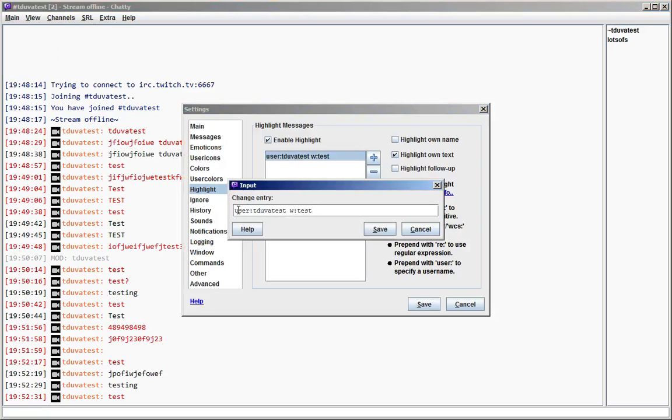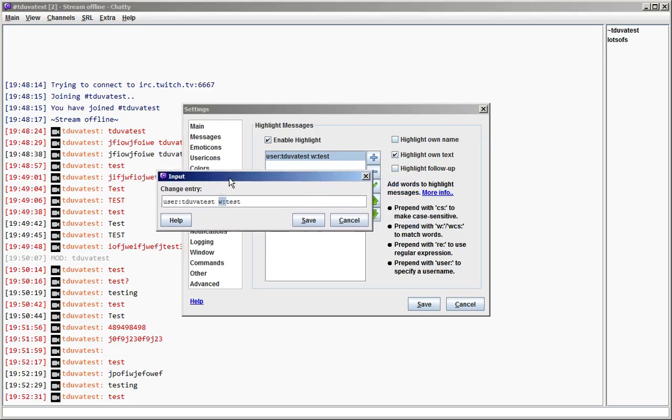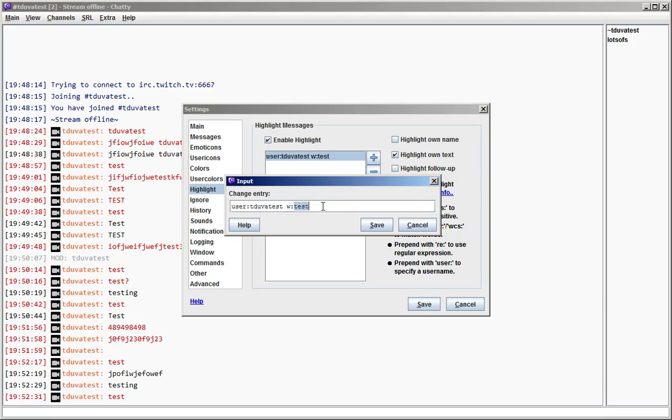So basically, prefixes are matched from the front here. It looks from the front if this is a prefix. If it is, then it takes this away and adds these attributes. And if it comes to a text matching prefix, like W or CS or regular expression, it takes anything after this prefix as text.